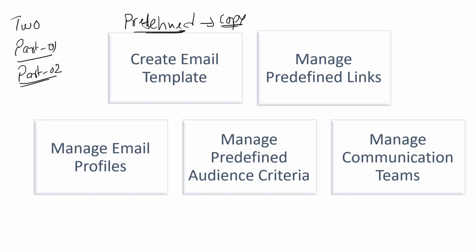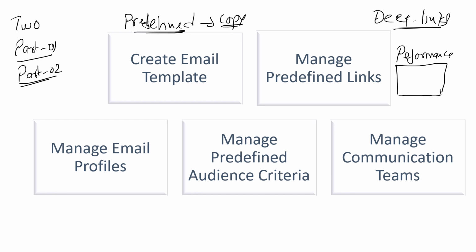The second important portion is the predefined links. Most of you who are familiar with Oracle Cloud SCM know that Oracle has a concept of deep links. It is very useful whenever we want to reach a particular page, as we can directly use the predefined deep links available in the application. What is the practical use? Suppose you are launching a performance cycle and you want the employee, when reading the communication through an email, definitely when we are enabling this HCM Communicate,